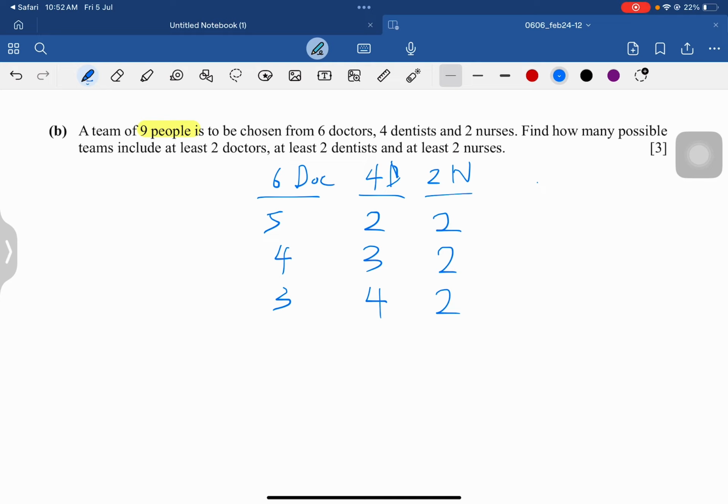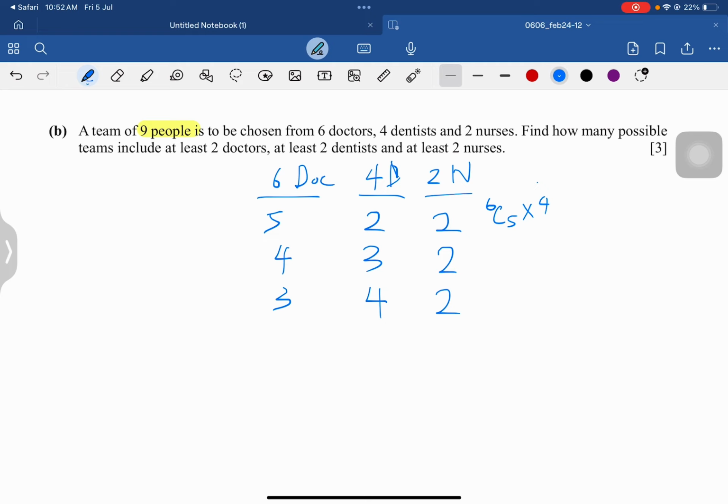Can it be 2 doctor? Not possible because we don't have that much of dentists. Yep, there are actually total 3 scenarios. Same scenario will be times, different scenario will be plus. So this one will be